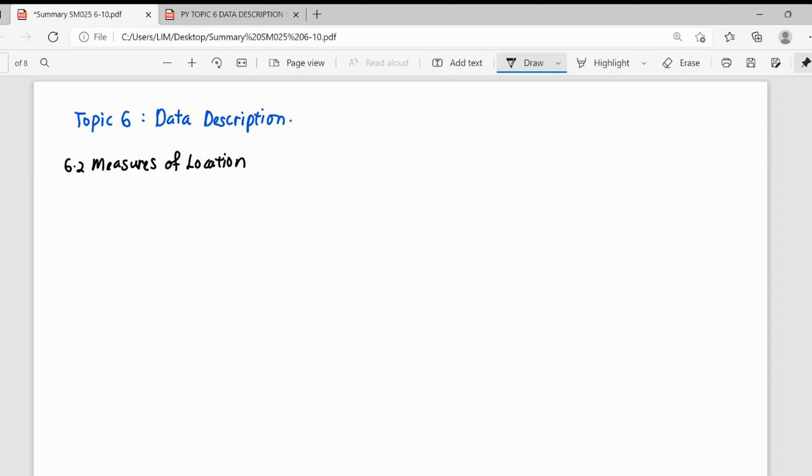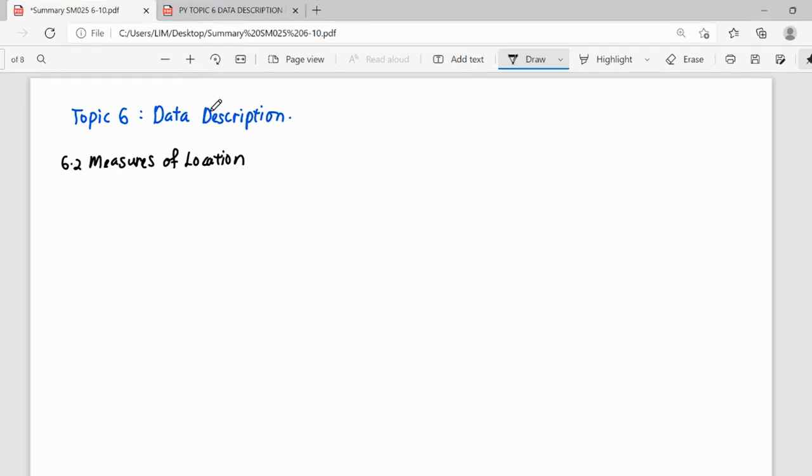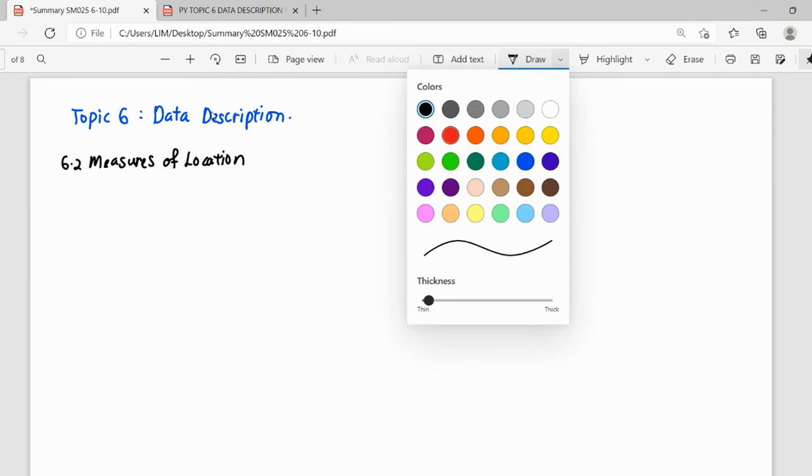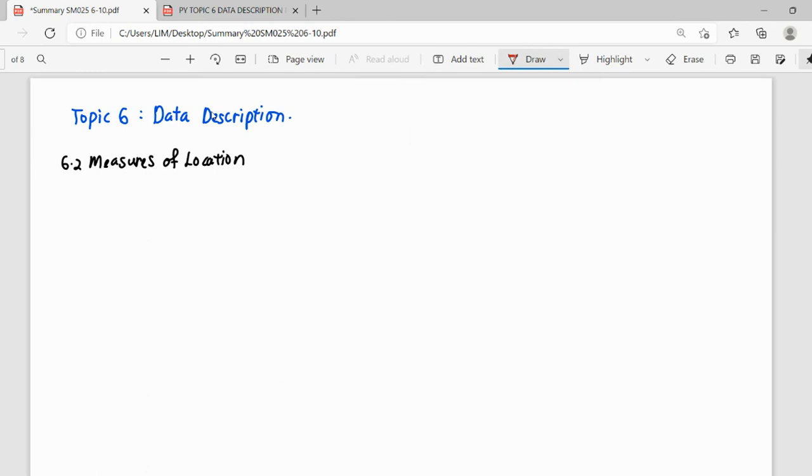Okay, so let's summarize this topic. In this topic you have two types of data, whether it's discrete or continuous. You have to be really clear about the type of data. Your data might be discrete